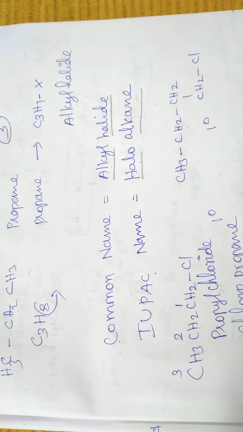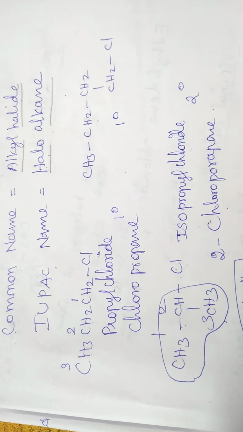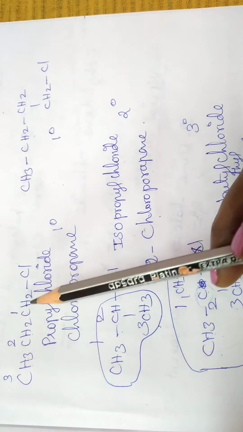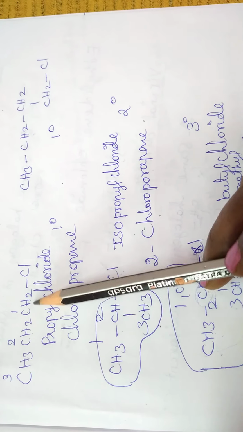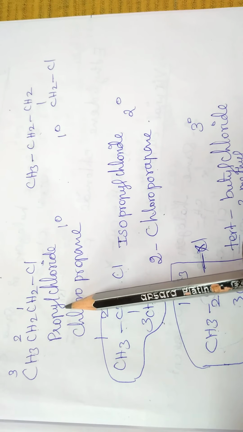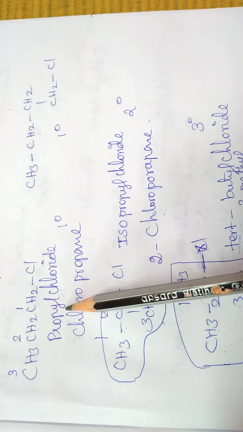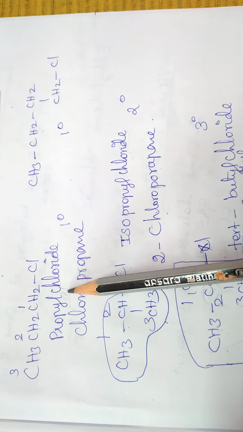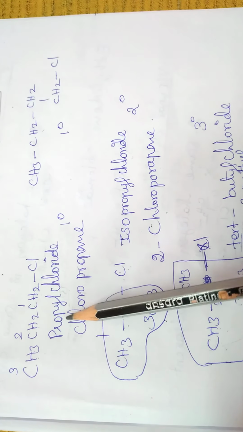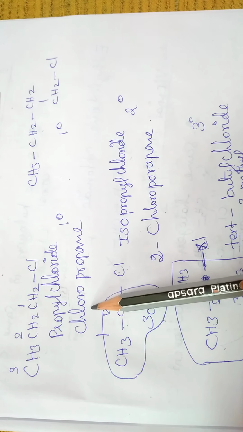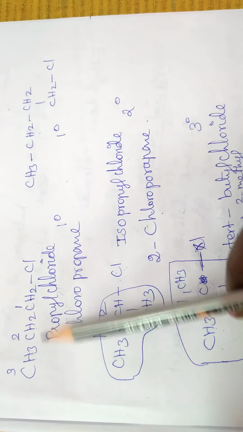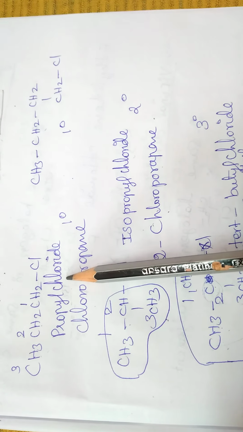Okay. How do we have to give the names for this? Let me start with the names. 1, 2, 3. How many carbon atoms? 3 carbon atoms. That means it is propyl. See, it's having YL. YL means it is a common name. Then comes halogen. You see, first comes halogen, next propane, the alkane comes. That means it is IUPAC. Okay. So here, propyl chloride.